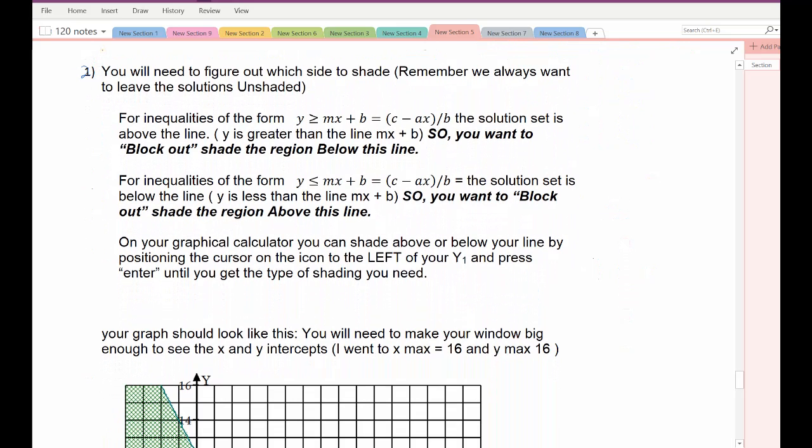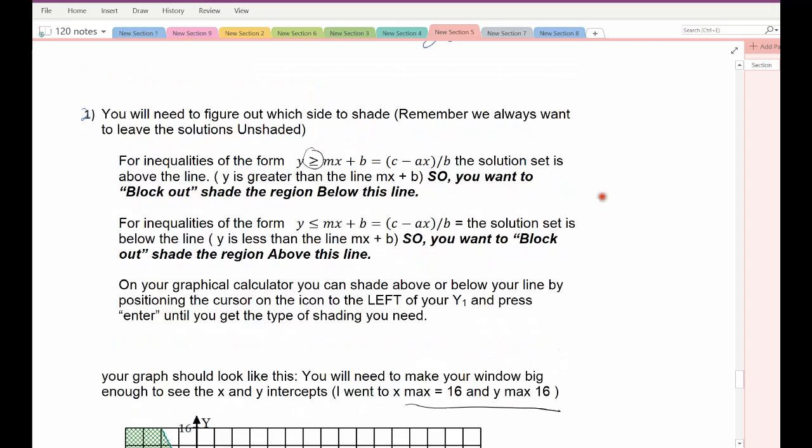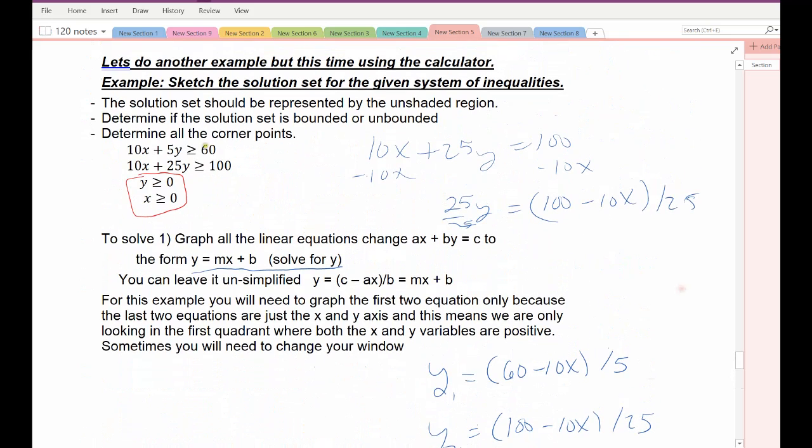It's the shade. What side do I block out? I actually gave myself 16s there, but I didn't. I went 15s. 15s were fine. If the inequality is a greater than case, which actually is our cases, where both of these would have been greater than or equal to when I simplified them,